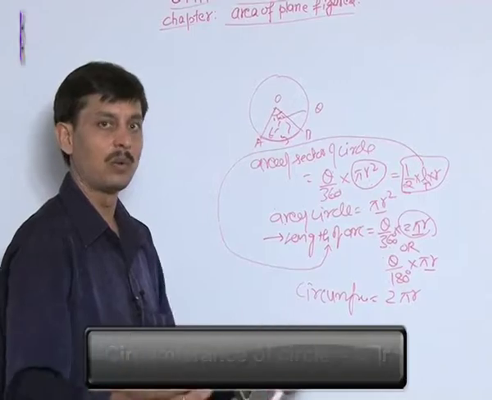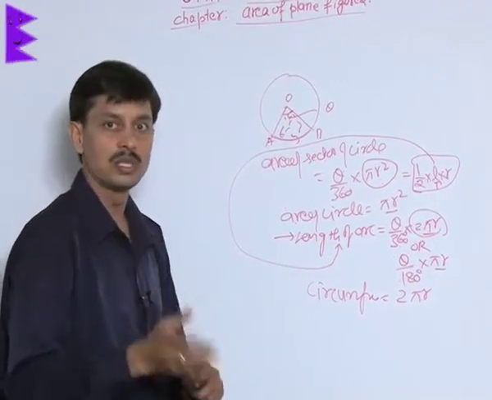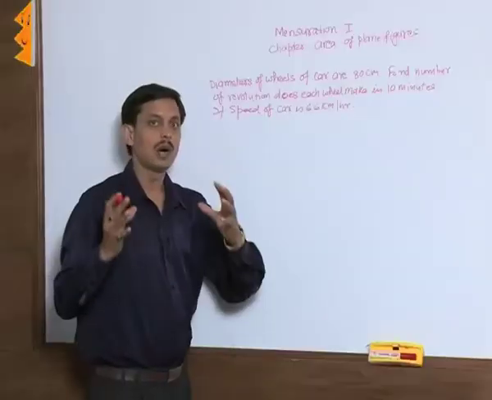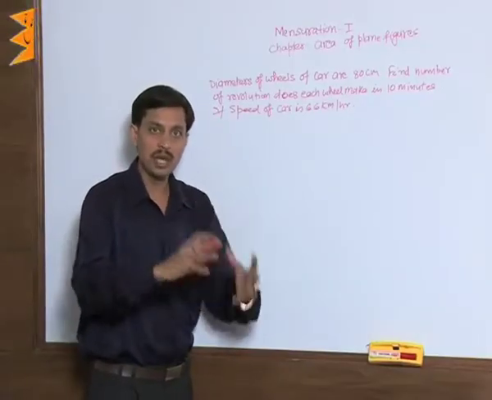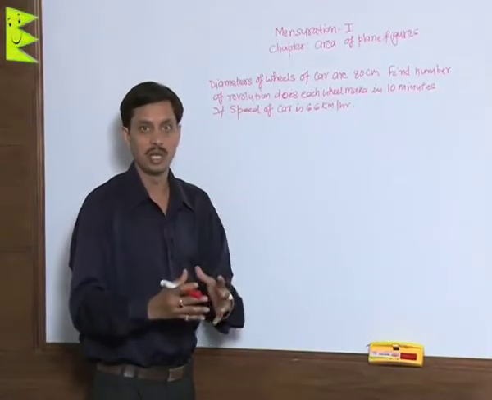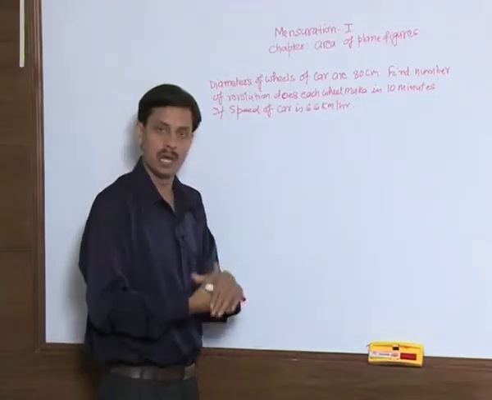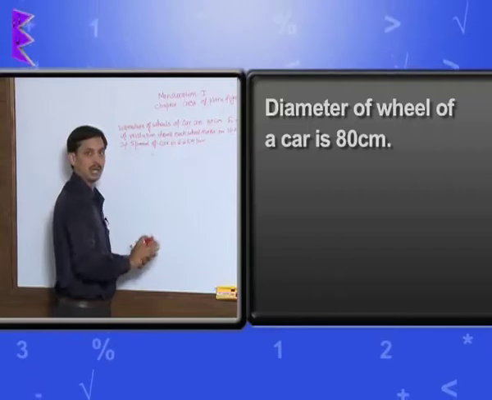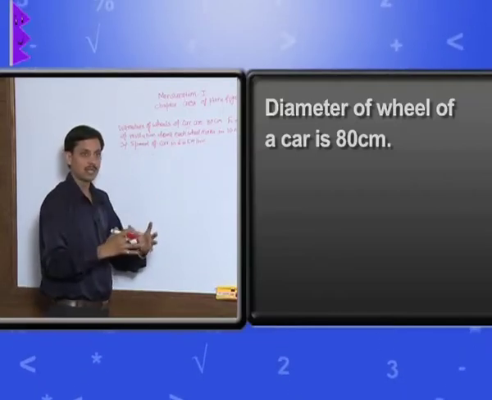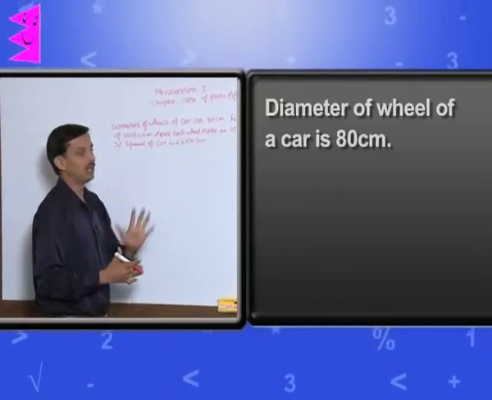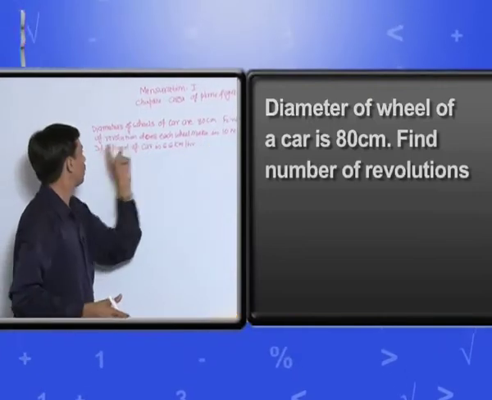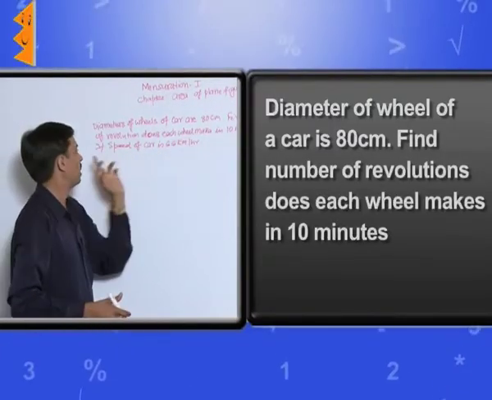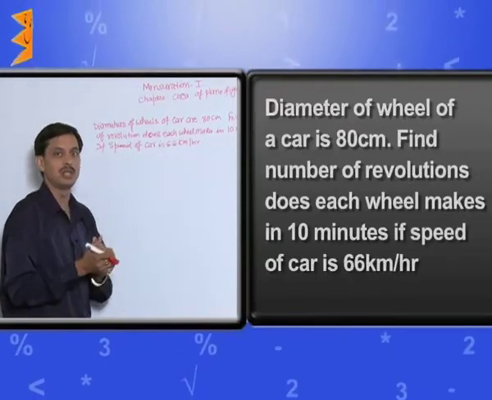Now I will explain you how to find the area of segment. Now I will explain you how to make use of these formulae for solving the problems of mensuration. That is, diameter of the wheel of a car is 80 centimeter. There is a car, 4 wheels, diameter of each wheel is 80 centimeter. Find the number of revolutions does each wheel makes in 10 minutes if speed of car is 66 km per